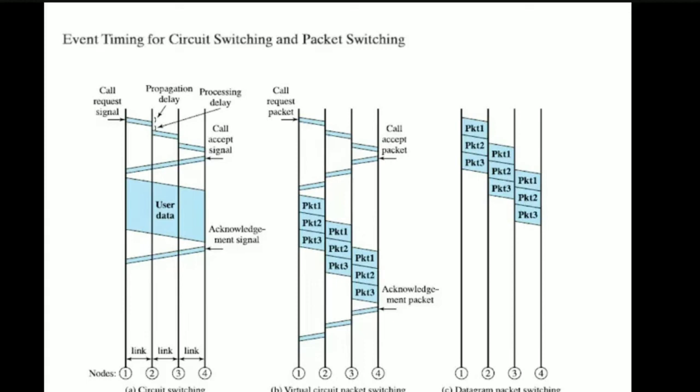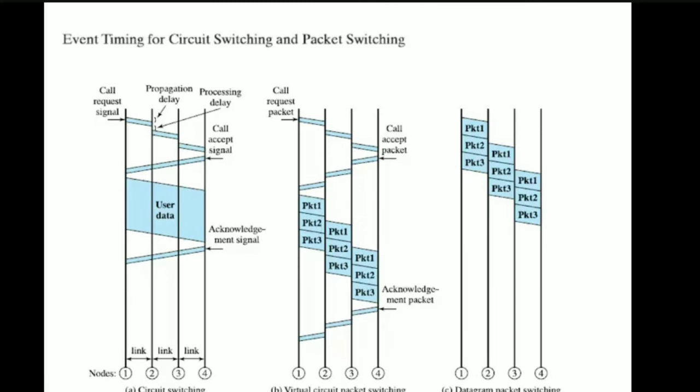Now again there is some processing delay from node 4 to 3, 3 to 2, and 2 to 1. But in circuit switching on the left, from node 4 to 1, there is no processing delay. Why? Because the circuit has been established. Now the dedicated communication has been established, and all the resources have been established. There will be no propagation delay or processing delay now.